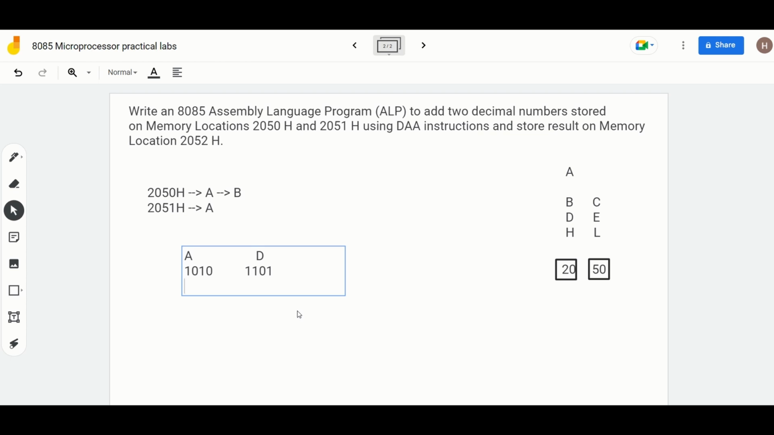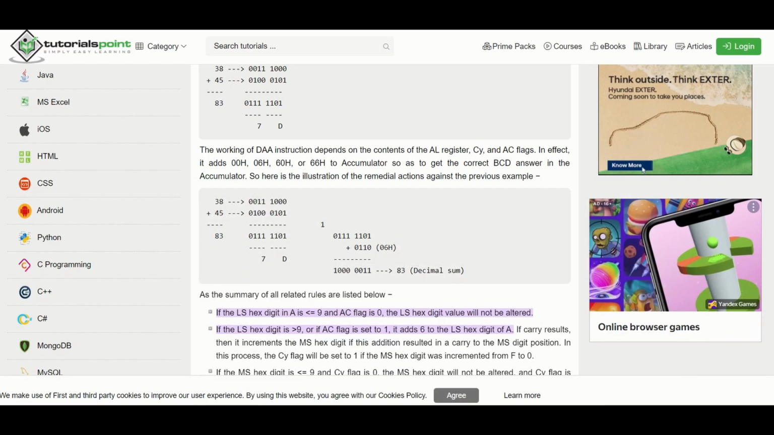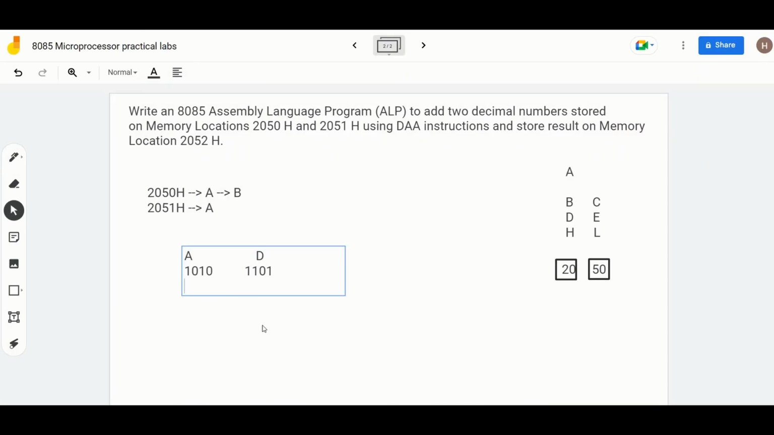So what am I going to do? How am I going to do it? So 6 को क्या लिखोगे आप? That also you can see from here. 6 को आप लिख रहे हो 0110. So I'm going to write 0110 here, and I also am going to add 0110 here, and